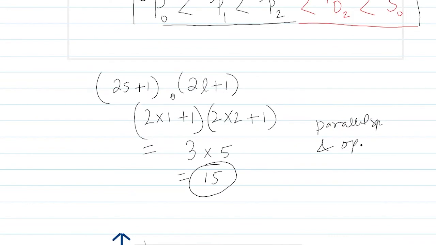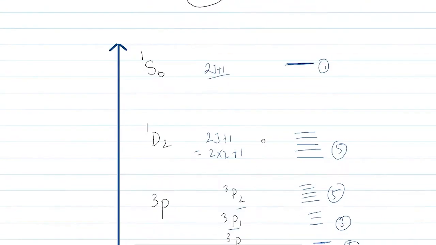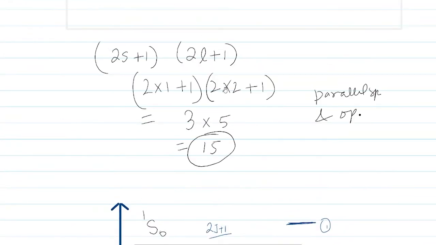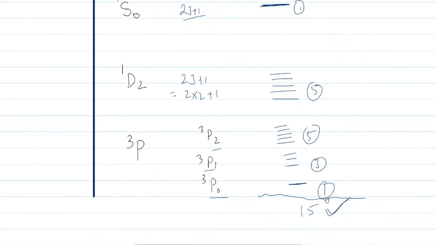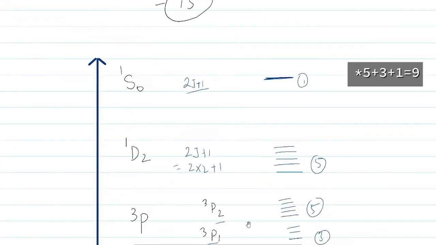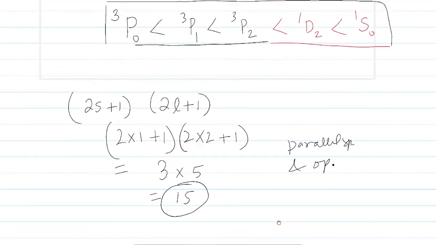Okay, so 2S plus 1, 2L plus 1. You take the maximum values of L and S, then you get an overall picture that we have 15 energy states. If you go to the previous slide for parallel spin, you will have 9 energy states. If you calculate in that way, then we'll have 2 into 1 plus 1, which is 3. 3 into 3 is equal to 9, right? So for parallel spin, how many energy states did we have? 1 plus 3 plus 5 is 9. So this is a little concept here as well.